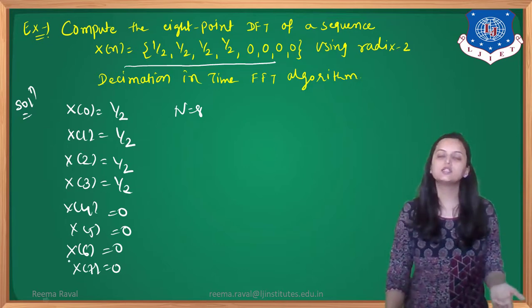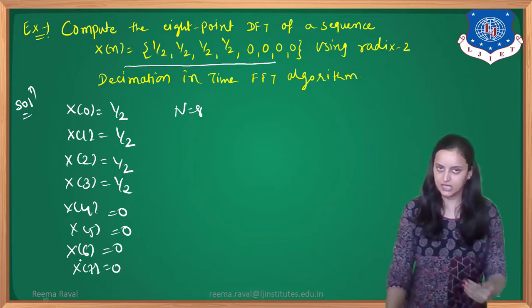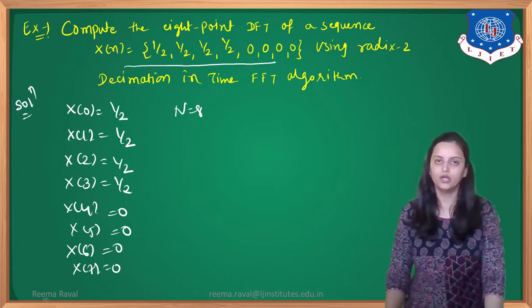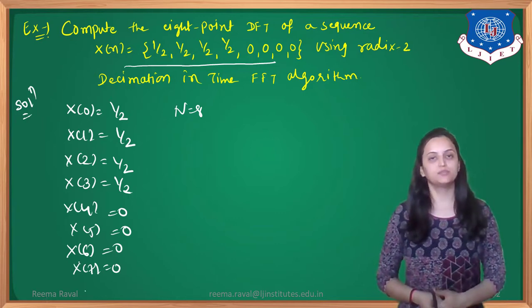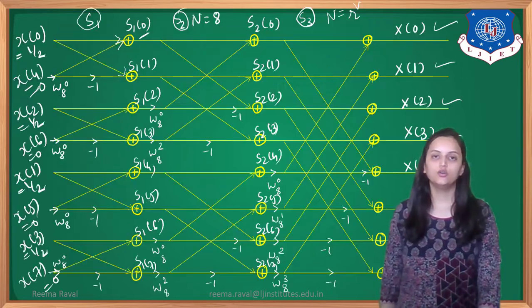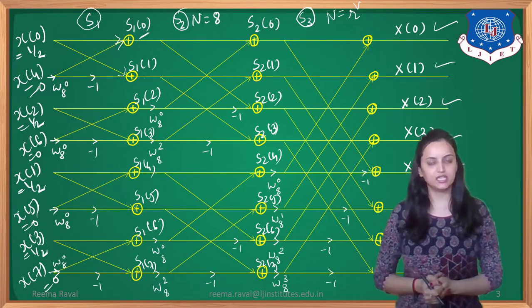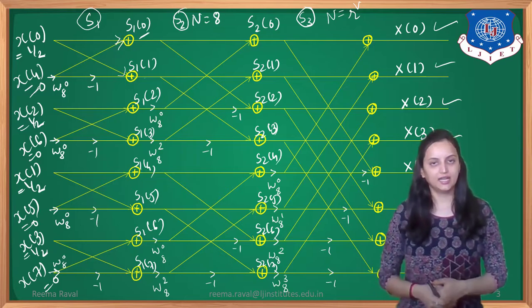So using these values as the input side, we will calculate the output according to each and every stage to calculate the final 8-point DFT of this sequence. Okay? So let's place these values in the next butterfly structure. This is the DIT FFT structure which we have seen. Now here we are going to place the values according to the data given to us.